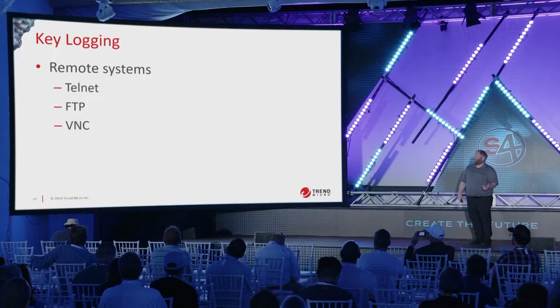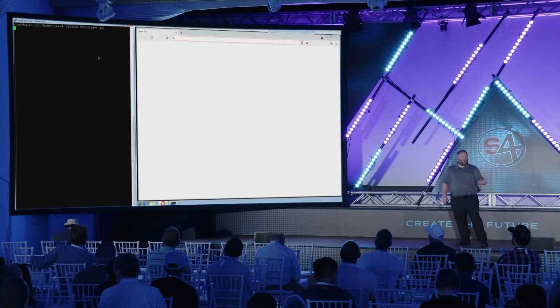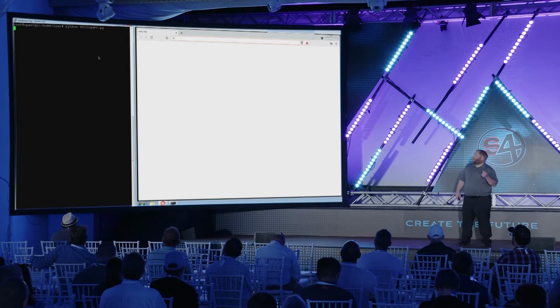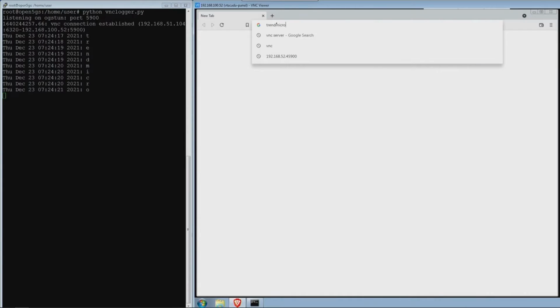We also did some remote key logging. This was a tool that we picked up when we were doing some of our honeypot work, and you have VNC logger, and if you have an unencrypted version of VNC, then pretty much anything that you type in there, you can monitor and do key captures of within VNC.